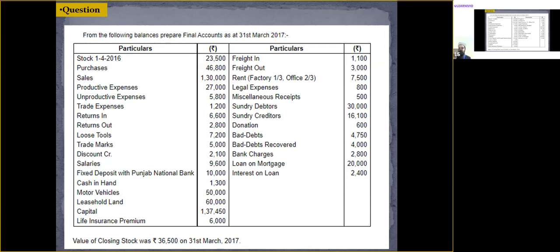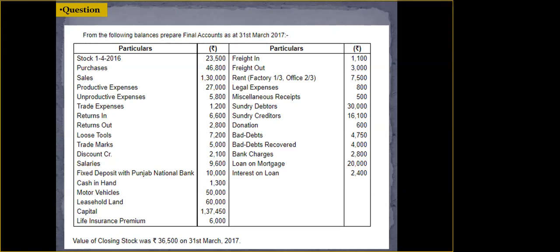Is that clear? Because it is not a business related expense, we are not writing it in the profit and loss account. So where do we record it? We will record it in the balance sheet by the name of drawings. Any expense incurred for personal purposes is considered a drawing of the businessman. Because it is a drawing, it will be reduced from the value of the capital. Is that clear, all of you? We will write it in the balance sheet, reducing it from the value of the capital by the name of drawings. Everybody clear about this? Yes, sir.